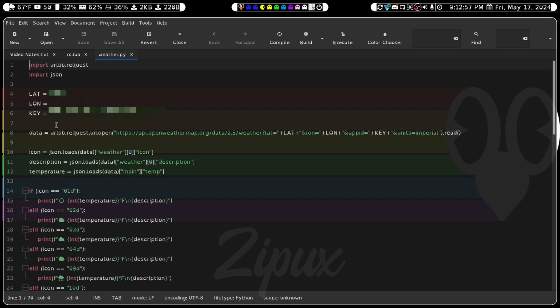Next, we're going to set a variable, and we're going to call it data, and we're going to set it equal to urllib.request.urlopen. And in parentheses and double quotes, we're going to put in https://api.openweathermap.org/data/2.5/weather?lat=, and that's going to end your double quotes there. Then we're going to say plus LAT in capital letters, plus, and then in double quotes, &lon=. We're going to end the double quotes, plus capital L, capital O, capital N, plus, then we're going to start